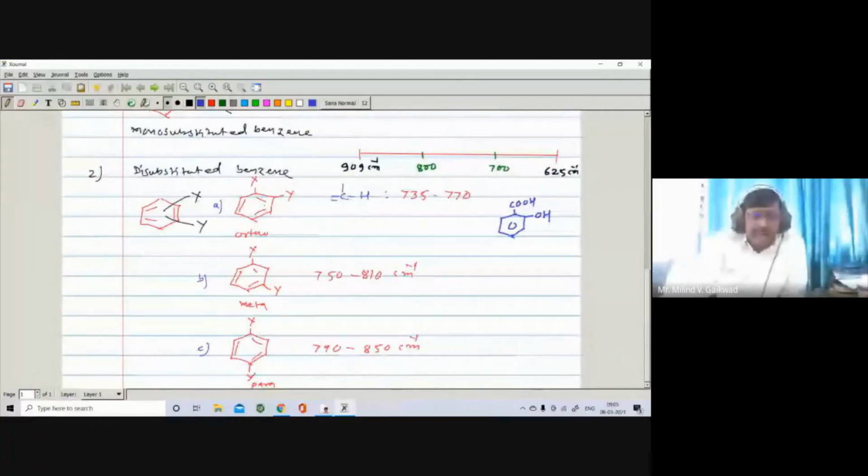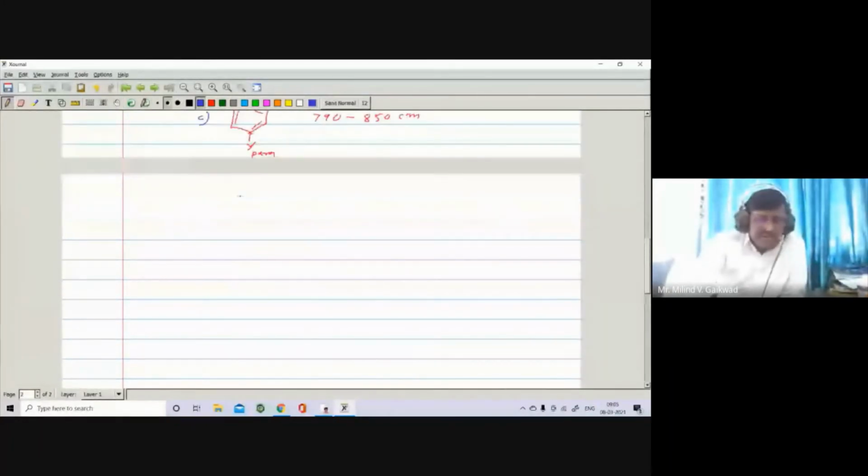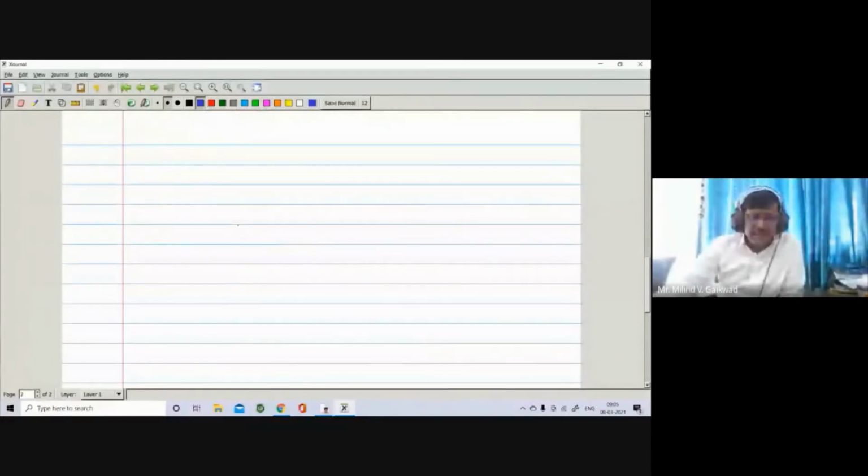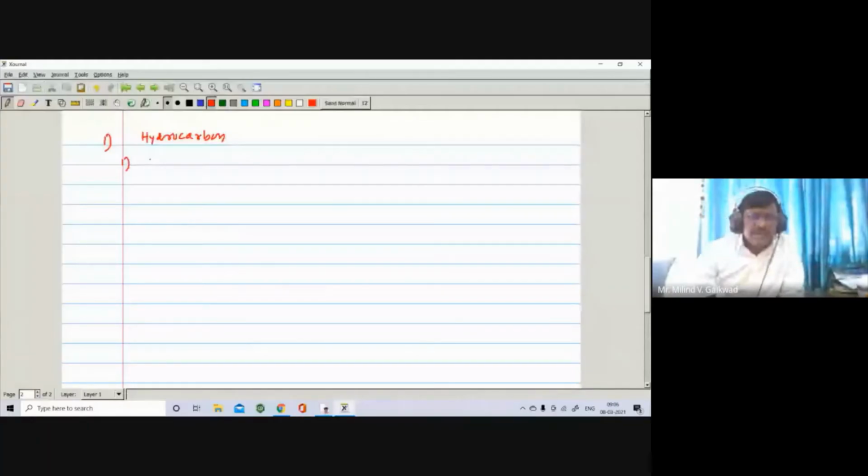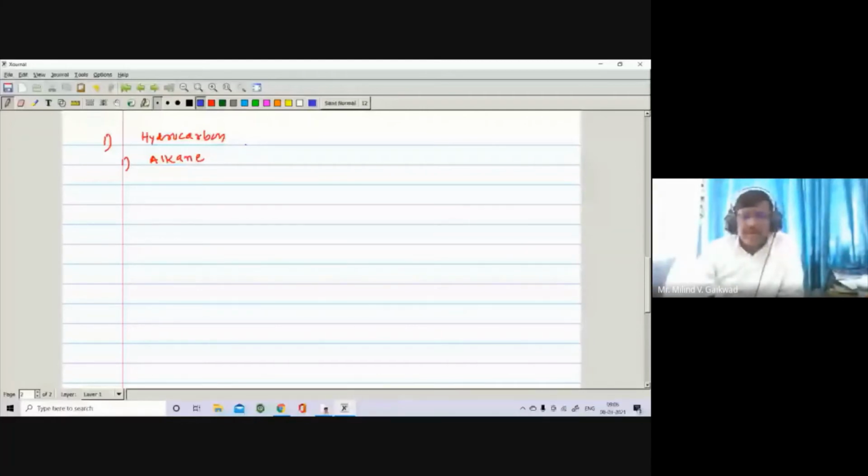Now here we'll take one by one some functional groups. We will not go into detail, only we will see the presence of a particular signal in that compound. The organic compound here, hydrocarbon, they are of three types. One, alkane, right? Alkane. You know, alkane contains carbon-carbon single bonds. Here, it contains a carbon-carbon single bond, right?